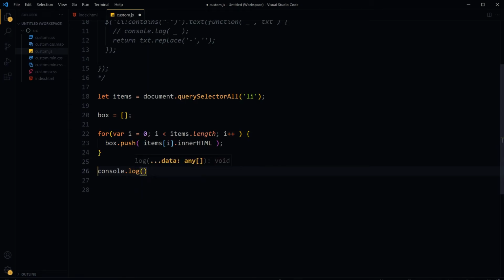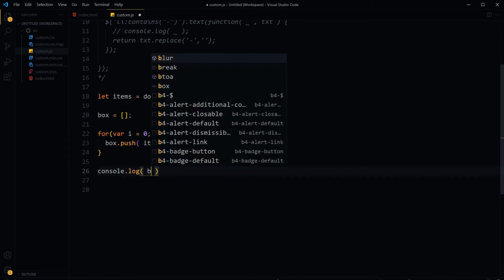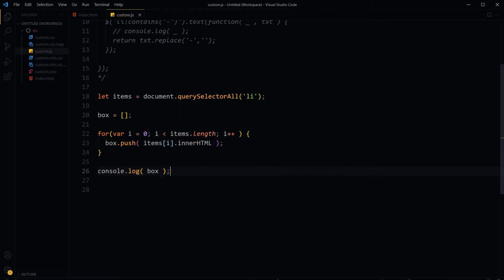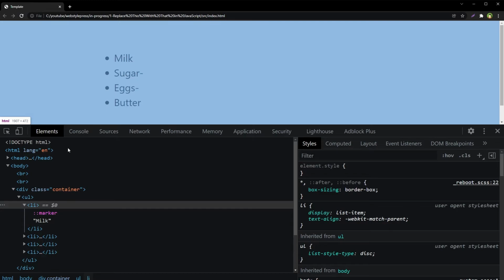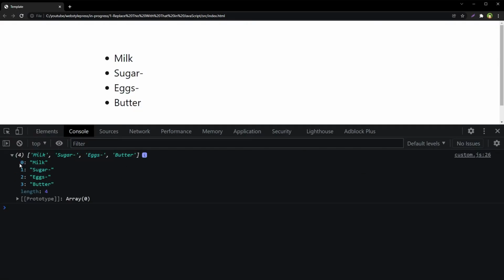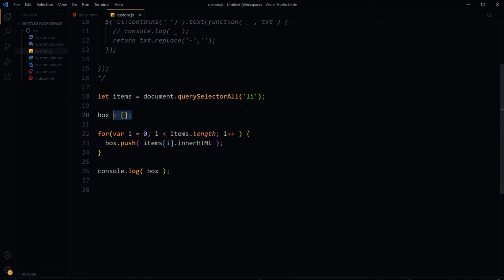Console.log box, refresh, and as you can see, 0 milk, 1 sugar, 2 eggs, 3 butter. So we have got the values stored in this box,